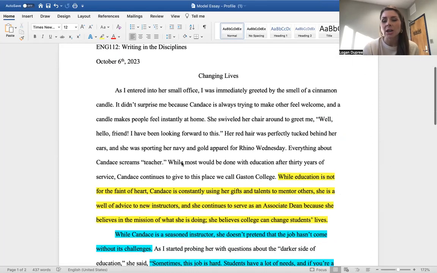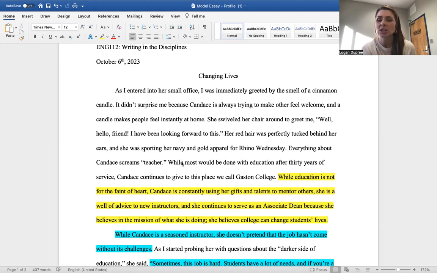So let's take a look at this introduction. And guys, remember, the purpose of this essay is a profile essay. So what that means is that you should be focused on a particular subject, and everything that you write should be pointing back to that subject. Now, what we also know is that this is going to be about your career path. So really and truly what you're learning is from the subject, but about your desired career. So let's take a look.